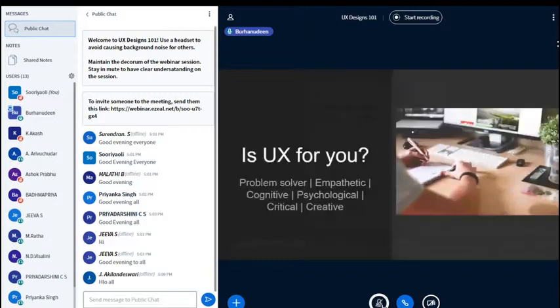So this is a quick thing about the UX on the baking of a product, and there's a lot more to cover in making the actual product and collaborating with the programmers to come into action, and then we usually test it before it goes to the hands of the user. I mean the alpha testing, you may call it alpha testing. And then I want to share a little bit about the nuances, like why UX is for you.